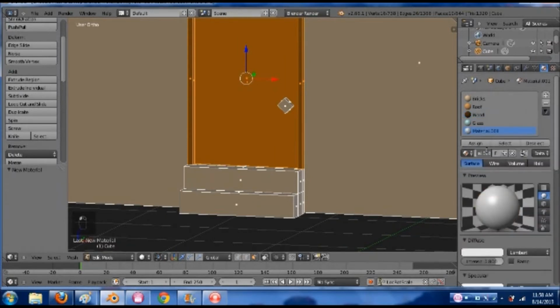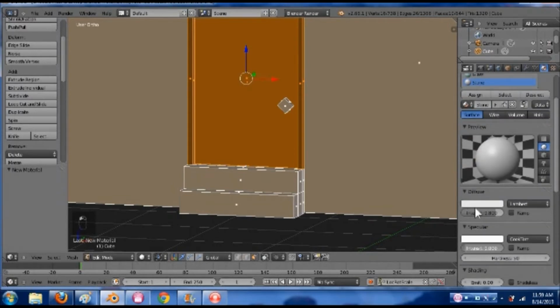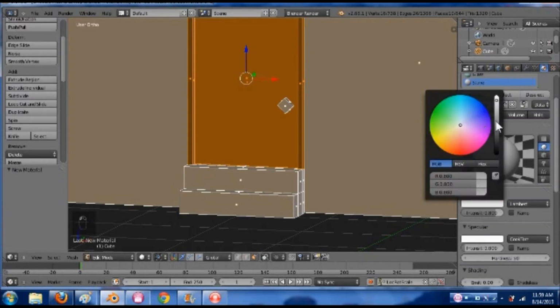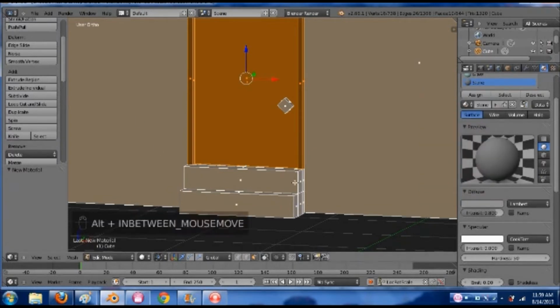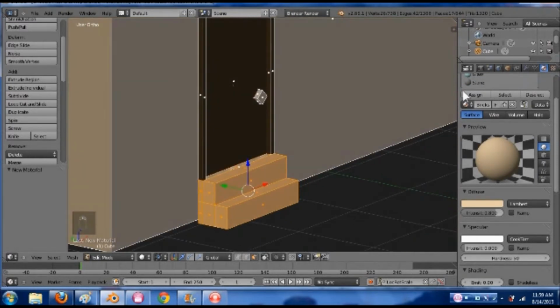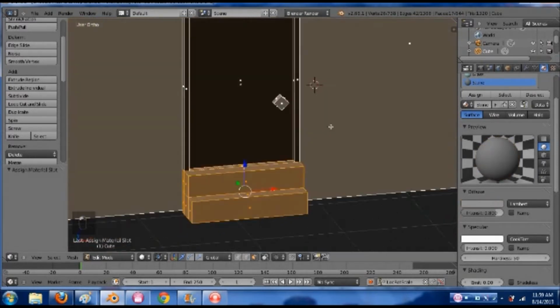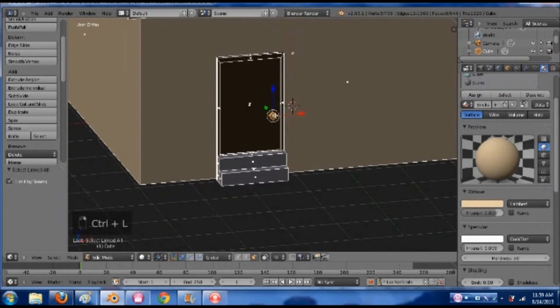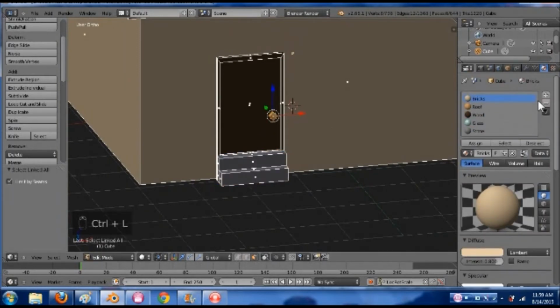Let's make another one, call it stone. Make this just kind of a dark gray. Select all these. Assign the stone. I'll give the doorknob